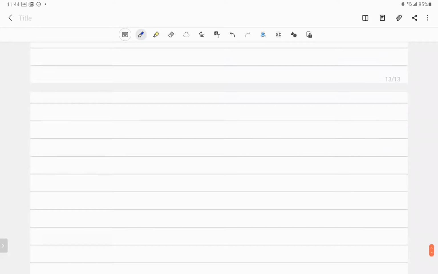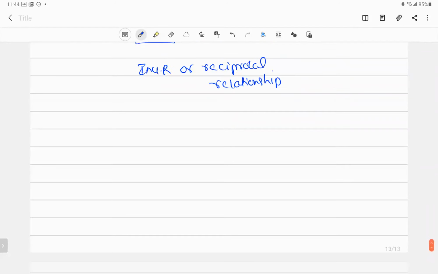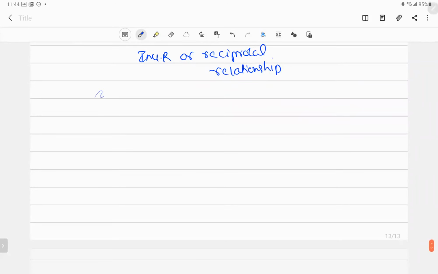So the relationship you people have known. What is the relationship that we are going to see? Here one more thing that we would discuss is the direct relationship that we had. The direct relationship of the exchange rate can be expressed in mathematical form also.